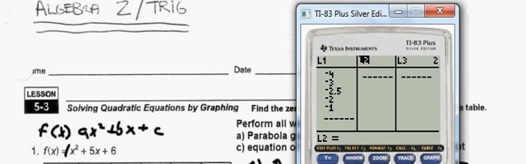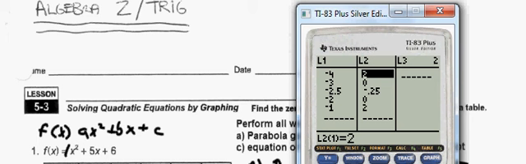So in other words, I would go second one, which gives me L1. I'd go L1 squared plus 5 times L1 plus 6, and hit enter, and that will generate